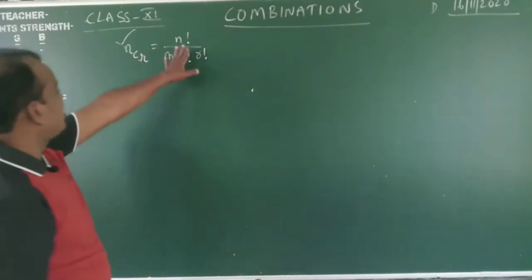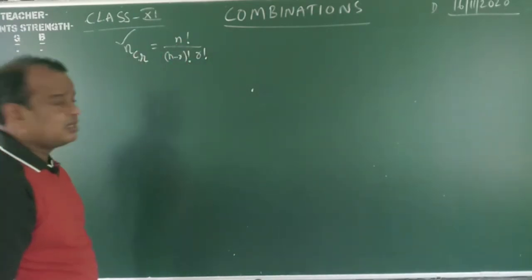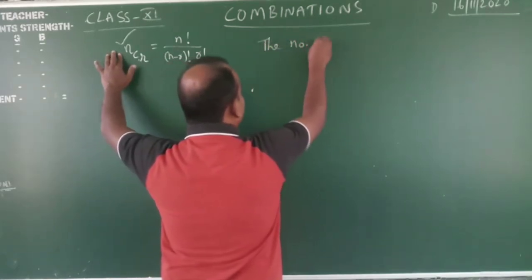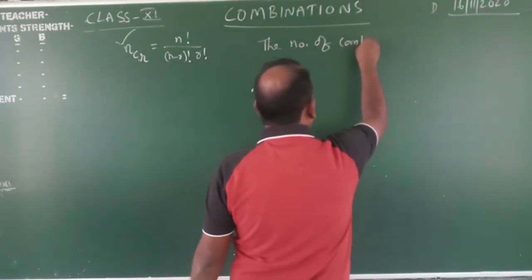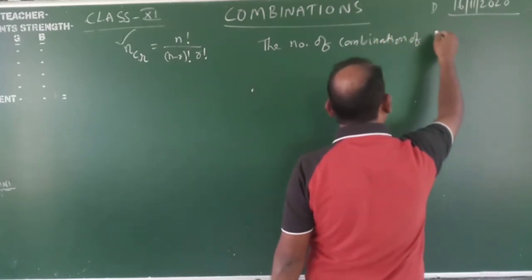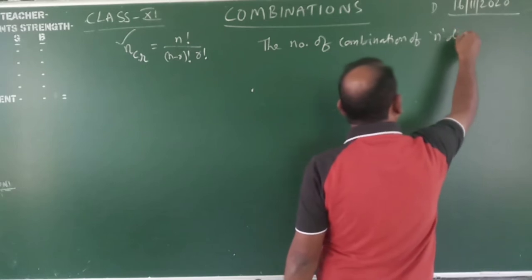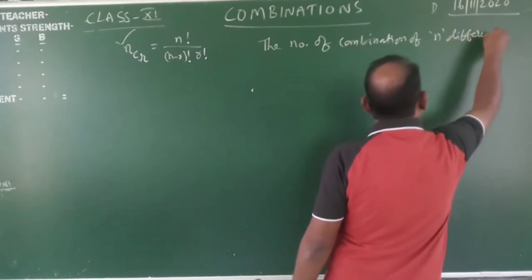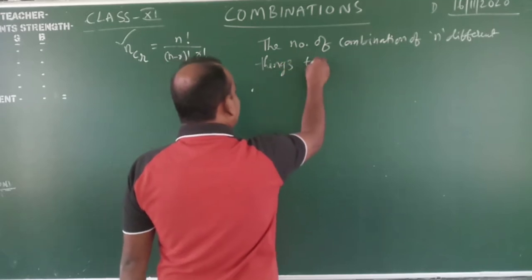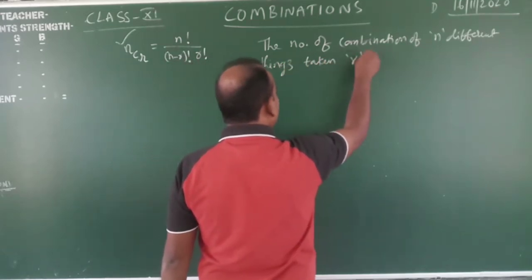Now nCr equals n factorial by n minus r factorial into r factorial. The number of combinations of n different things taken r at a time